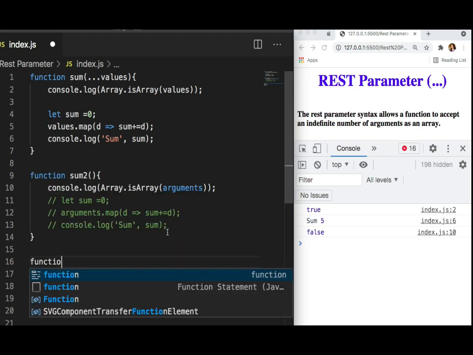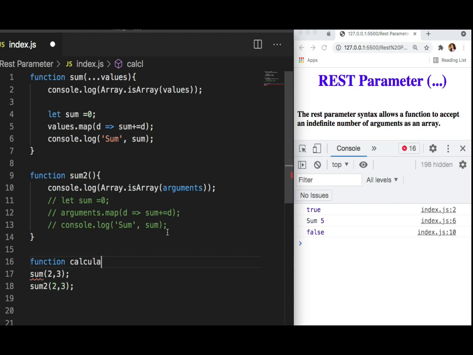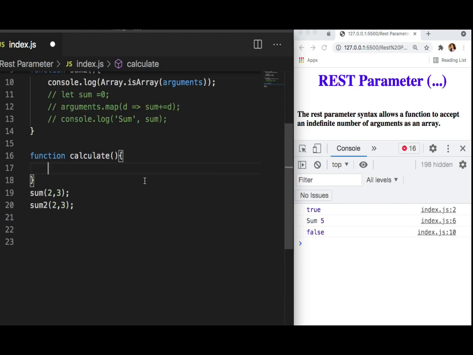So suppose I have one function, calculate. And in this calculate function, the first thing I want to handle is the operation. I want to say type. Type means what you want to calculate. You want to sum the numbers, or you want to apply multiply or divide. So the first parameter will decide what type of operation you want to do. And the second will be the list of parameters. If you want to apply sum, take all the numbers. So here I'll say that will be the rest parameter.